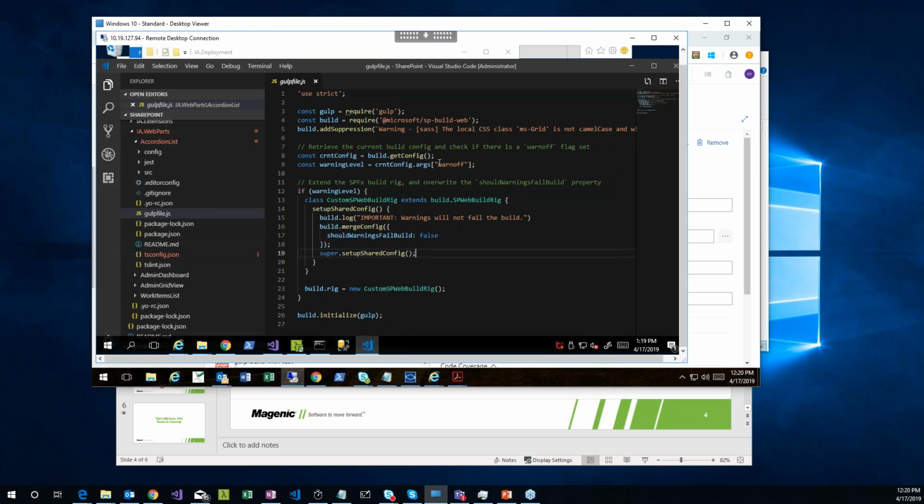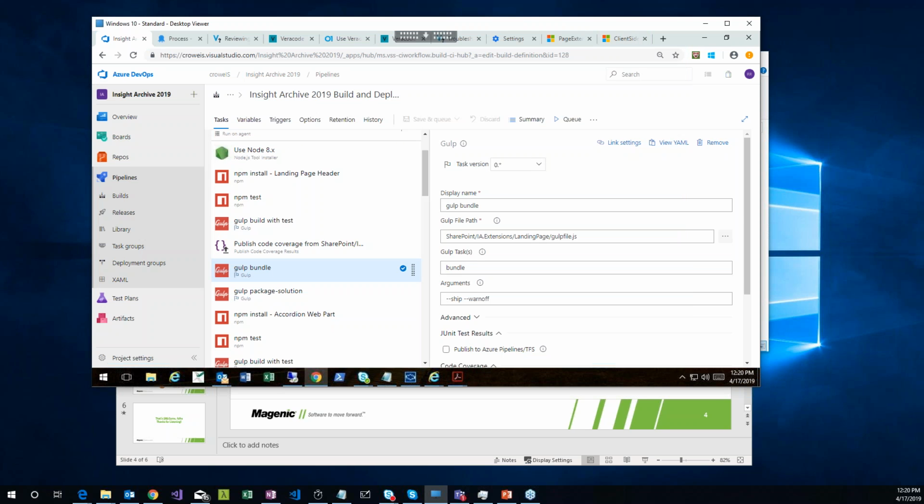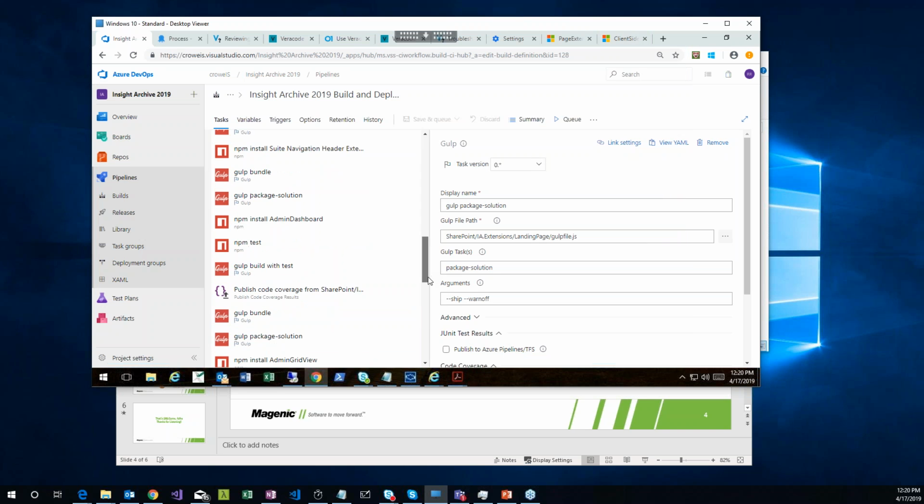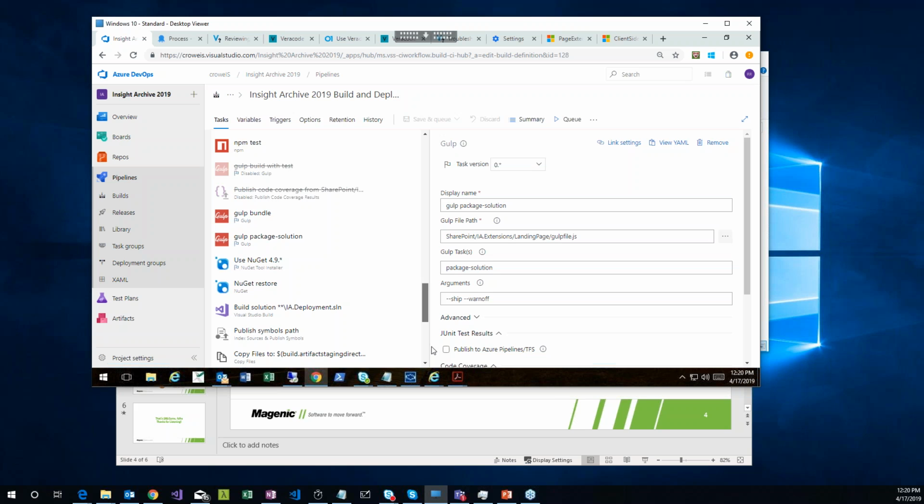As you can see, we added our own gulp task for warning off. And this actually gives you an idea of what you can do potentially with your own gulp tasks going forward. All right, so of course, then we package a solution. Of course, we have our warning. And then at the end of the day, and in fact, one of the things that we actually did,